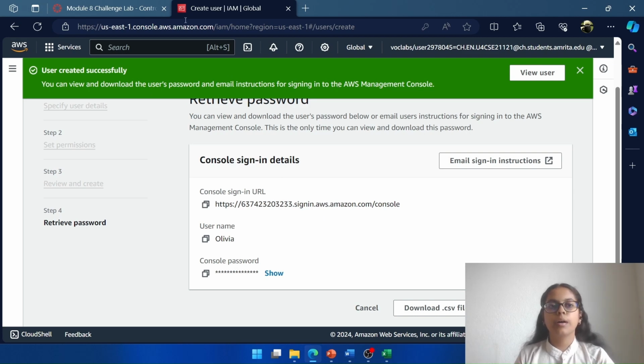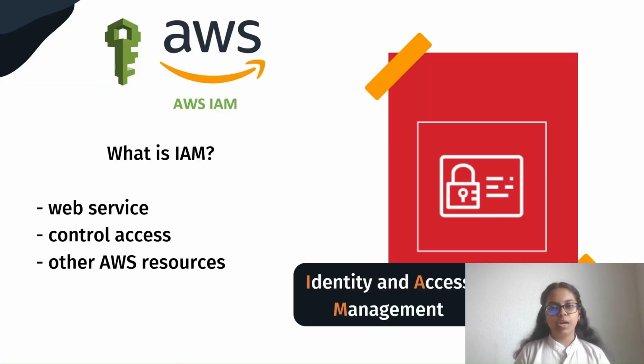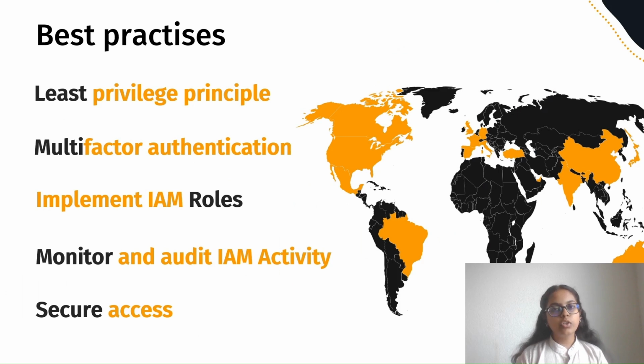So with this proper credentials as provided here, once you are able to create that, you could go back to IAM. And then best practices, yes. So the most important best practice is the least privilege principle. The least privilege principle goes by the fact that you want to provide the minimum amount of permissions to a